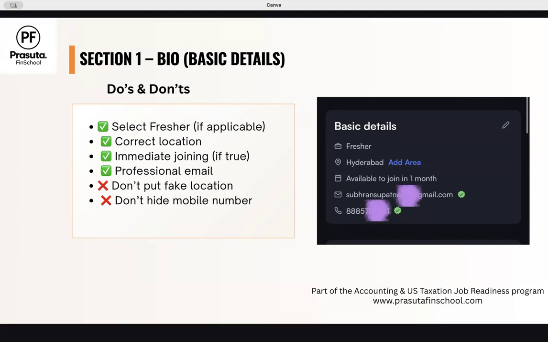Always select fresher if you are a fresher, but if you have some experience, you can definitely choose experience over here. Then current location. I would suggest you stay in a metro city where there are a lot of opportunities. Not only because you cannot apply from a remote area, but I want you to stay in a metro city, or maybe a location where there are multiple job openings